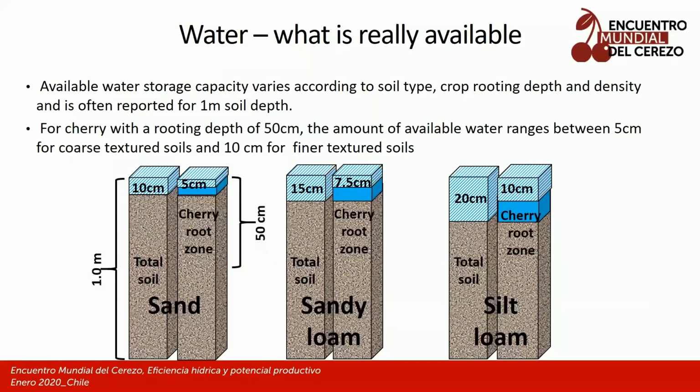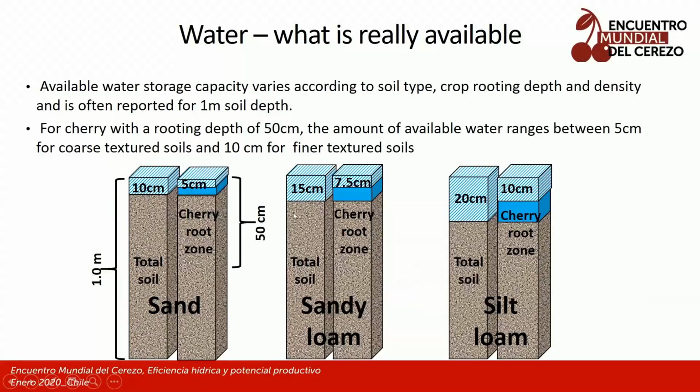Available water storage capacity varies with soil type, crop rooting depth, and density. It is often reported as a depth of water, for example, centimeters, to match rainfall and irrigation applications, which has traditionally been reported as depths. In 1 meter of soil, we can expect different amounts of water storage capacity for different soil types, as you